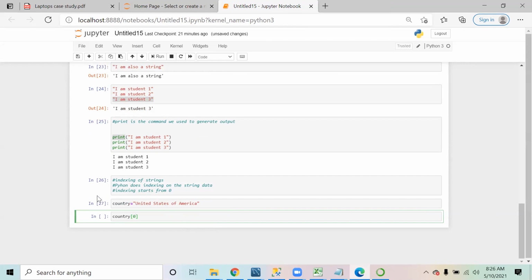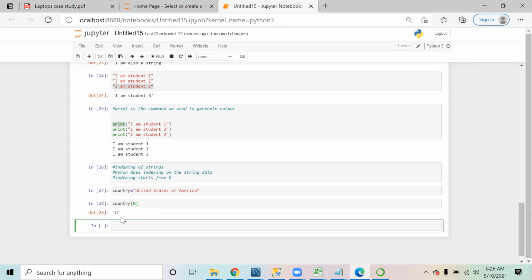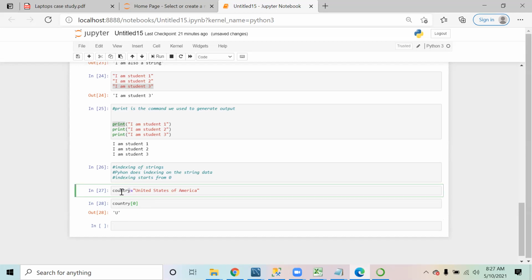I am saying that from this variable I only want to see the first character. If I run this, it gives me the output. This was the variable in which I had stored my data, and from it I only want to pick up the character lying at index number 0.